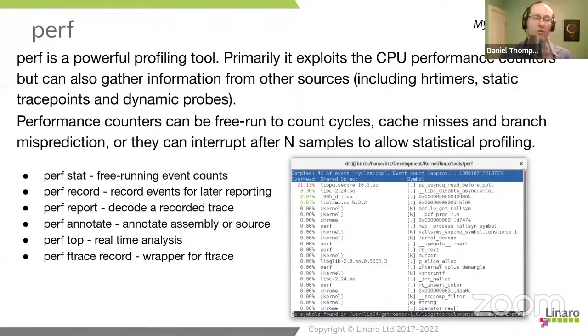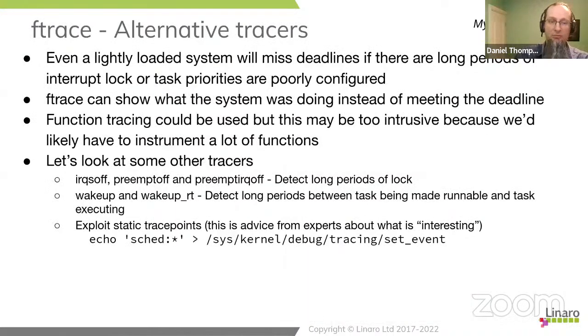I cannot possibly, again, go into all the details of how you can use perf to dig deeper into things. It's not just a flat profile, it can do function-allocated profiles, so you can find out which call stacks are hottest and things like that. I've just offered some entry points that you could look up in things like man pages in the foil here. There's simply no way I can cover profiling in the depth necessary. But if something misses a deadline and it's because the performance isn't there, perf is one thing to look at. CPU freq would also come up as well. That would probably show up in the ftrace side. You might want to put in things like CPU freq and other performance changes as well as the scheduler.